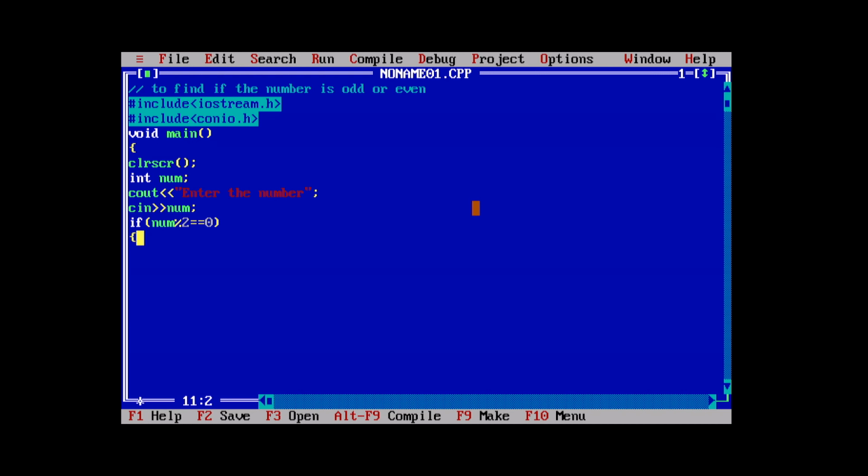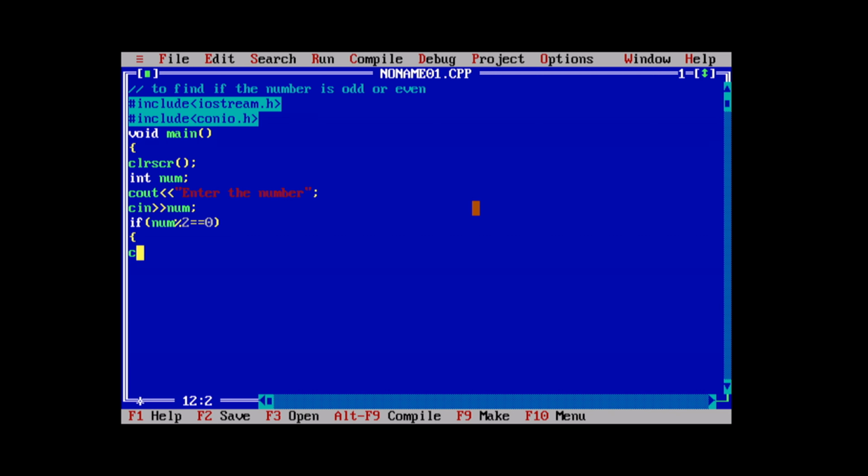So if the if statement is correct, then it is correct. If it's not corresponding to the if, we have to put the else command. So that's when the if else command is helpful.